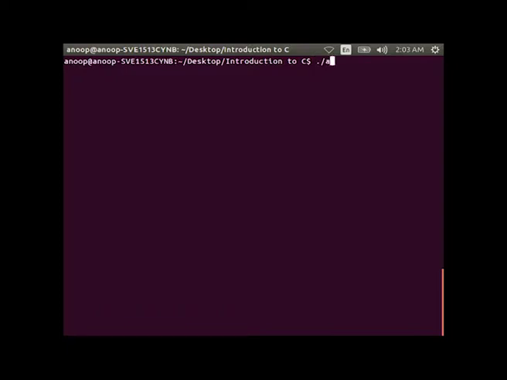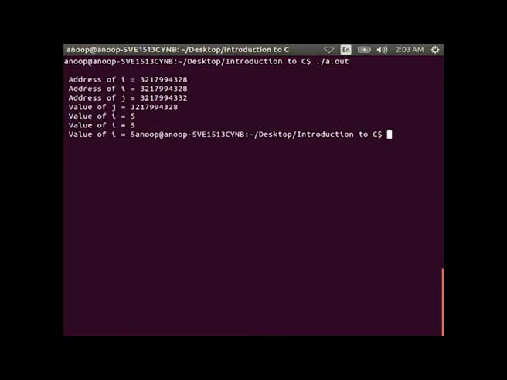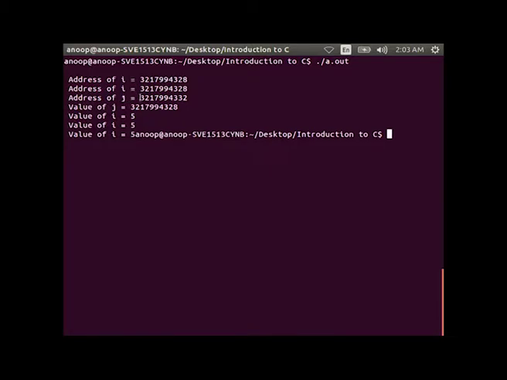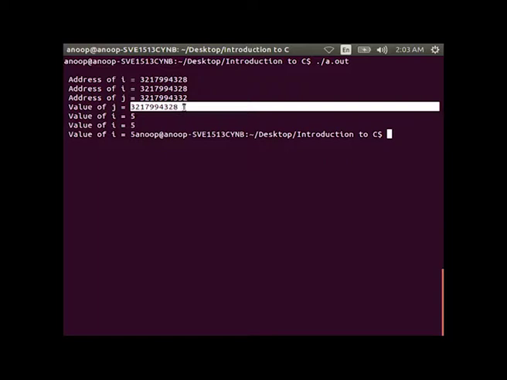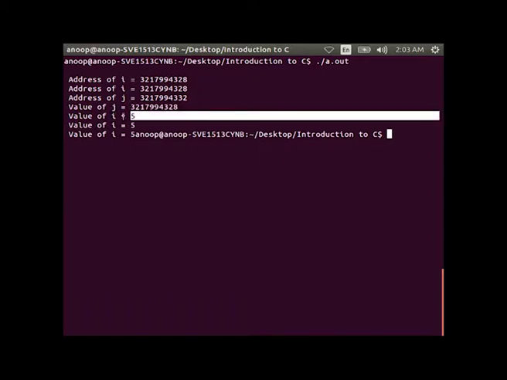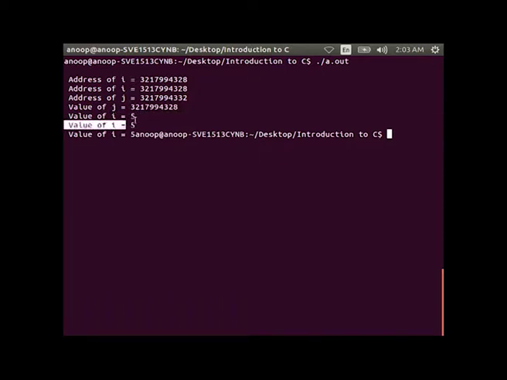Now, you can see the output, address of i equal to that address of the memory location. This number may vary for different executions of the program. You can see the address of i, that is a memory location number, and address of j, another number, and value of j equal to the number, and value of i equal to 5, and value of i equal to 5, and value of i equal to 5. So, we already found the output of the program in the theory session.